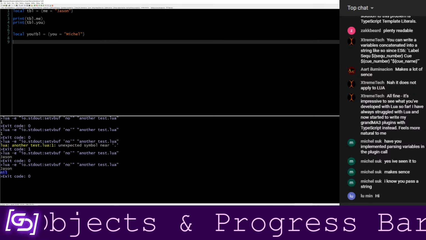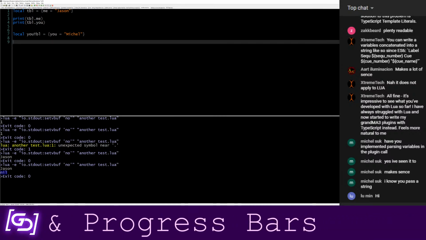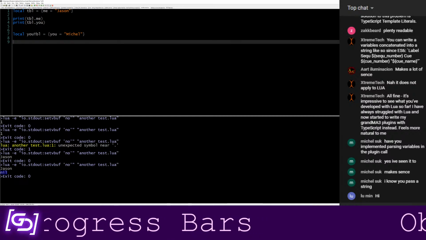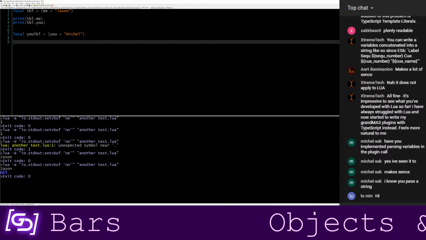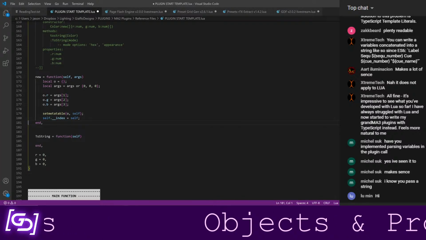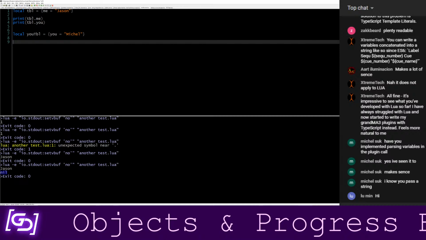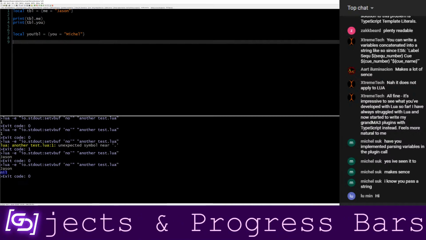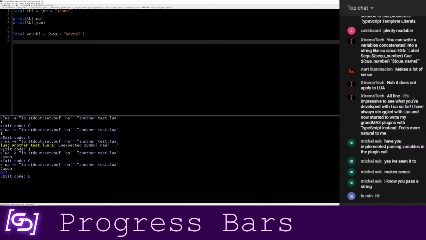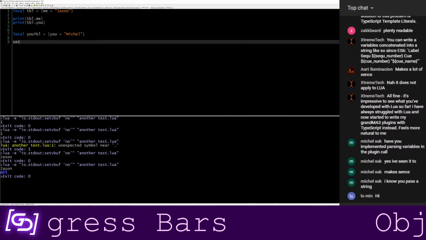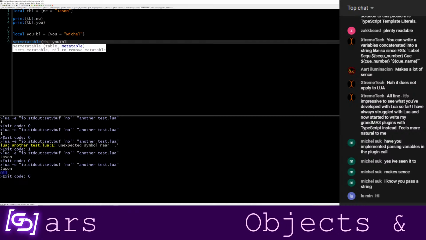Cool, so that could be that table. First off, I need to define a meta table. Give me a second here because I feel like I'm doing a terrible job explaining this. Because the meta table and what it's going to reference for the meta table don't necessarily need to be the same thing. In what we're doing over here, they are, but they don't need to be. You know what, we're just going to go with it. I'm going to do set meta table of our original table with u table.